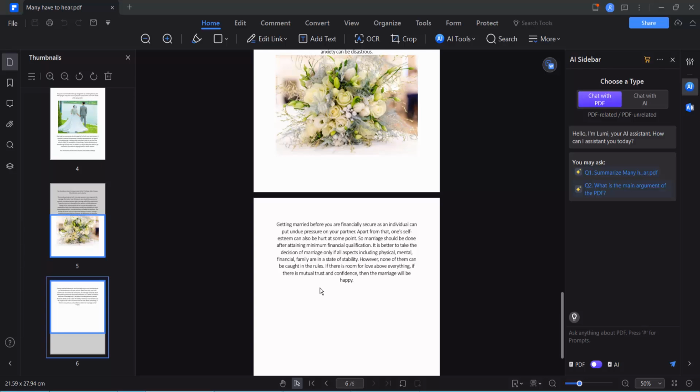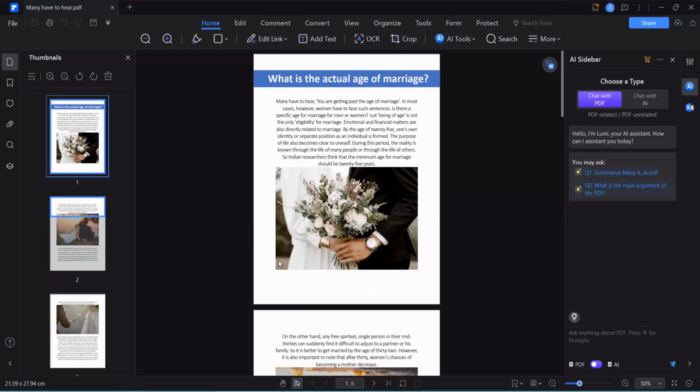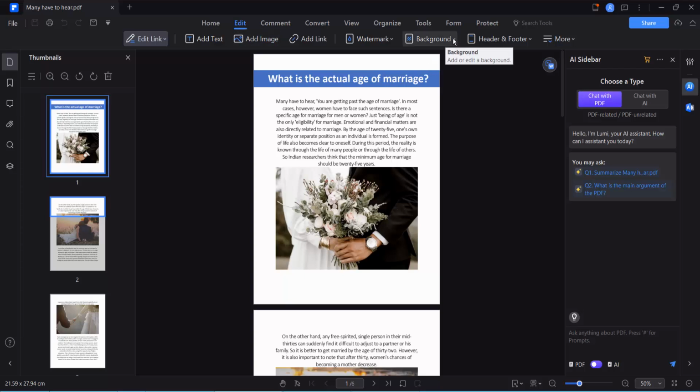Hello everyone, today I'll show you how to put background color for specific pages in a PDF file using PDF element. Open your PDF file. Now select edit option and select your background option. Now select add background color again